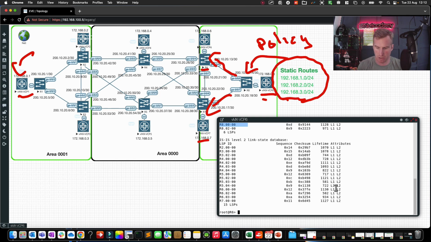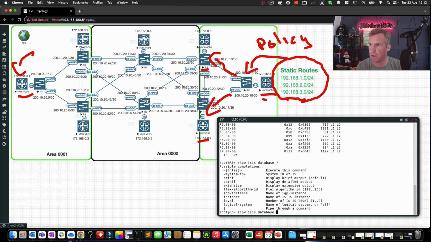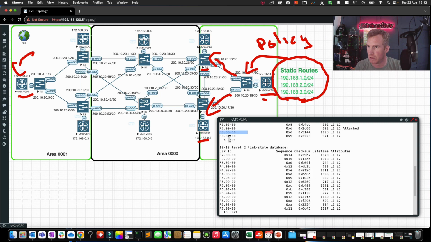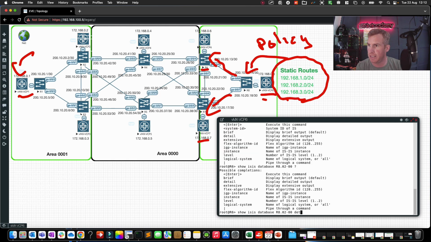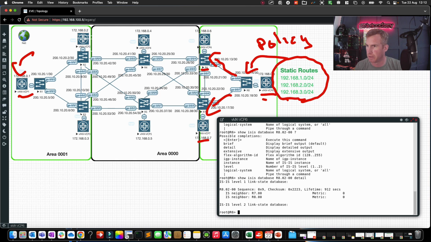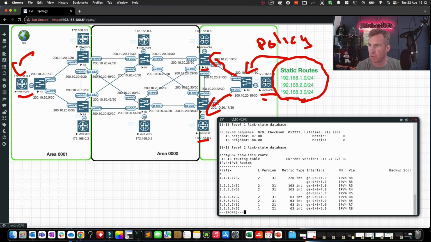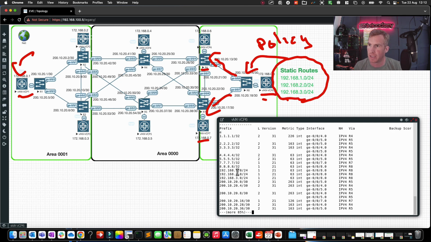So I'm going to show that again, but I want to filter onto a specific system ID. So I'm going to do R8.0200. I could have done a copy and paste, would have been a lot easier. So let's do 0200, and I want to do a detailed view on this. Or what I could actually do is just do show ISIS route, and now what you can see is the